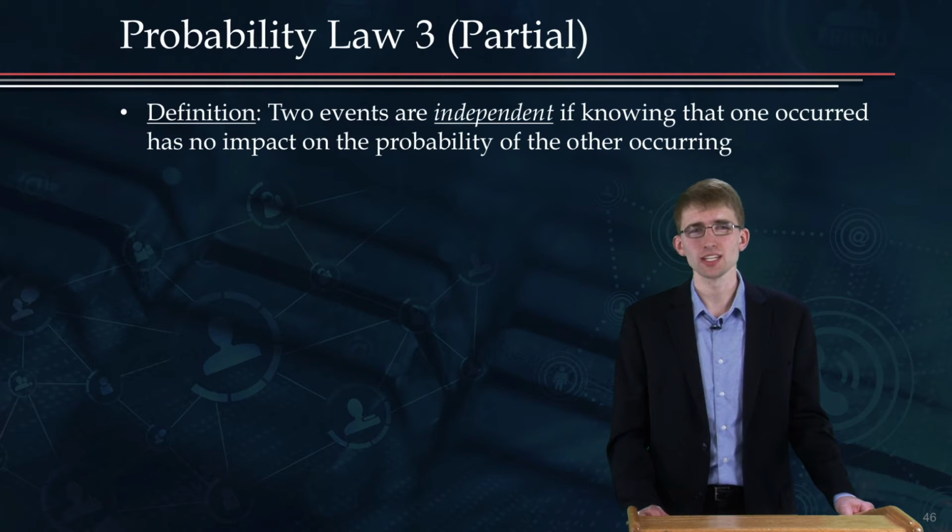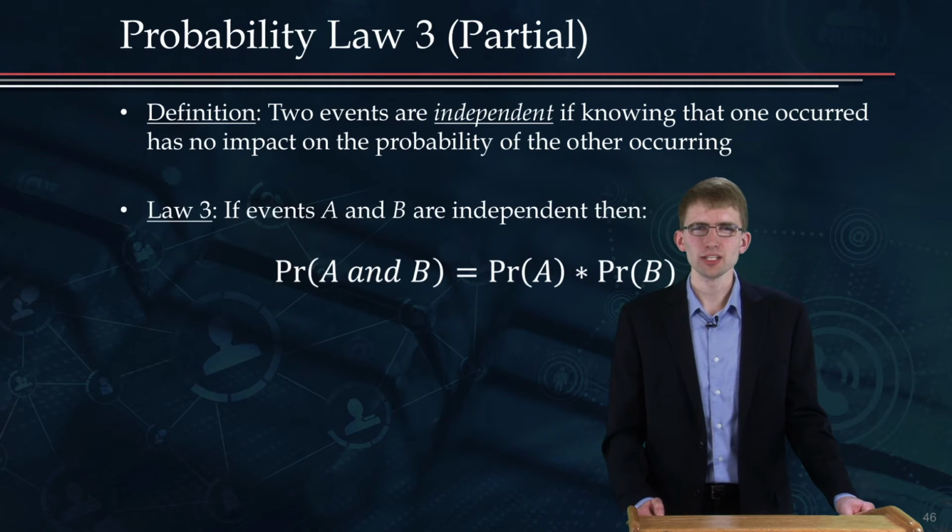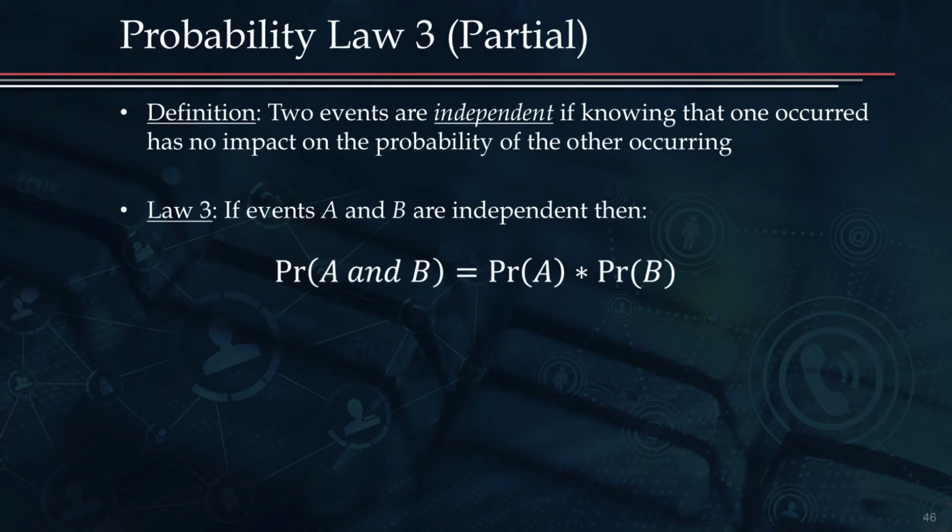However, perhaps ticket sales in a small town will not be independent with box office sales if there's a popular movie. In other words, if you know the box office sales are high, the probability of high ticket sales for the Red Sox game will be low. So once we have independence, it turns out that it's pretty easy to calculate the probability of A and B. The probability of A and B for 2 independent events is the probability of A times the probability of B.